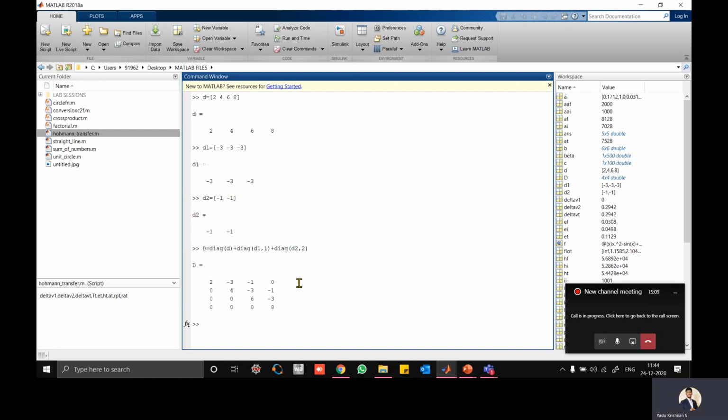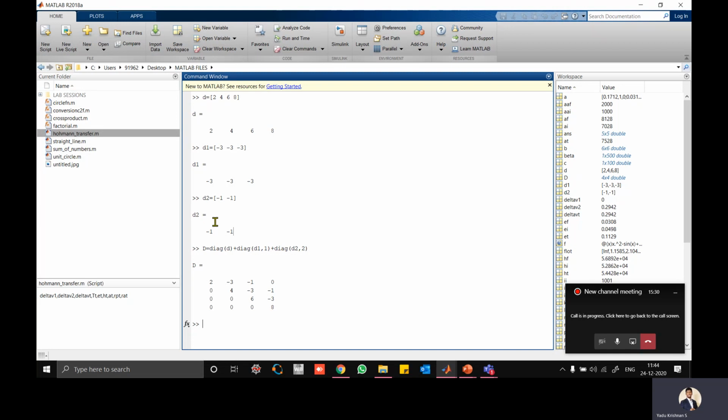I'll show you. See here, this is how the matrix is created. Now we have introduced D, D1, D2. What is D? D is 2, 4, 6, 8, D1 is -3, -3, -3, and D2 is -1, -1. These are the vectors. Using these vectors we are going to introduce diagonals.